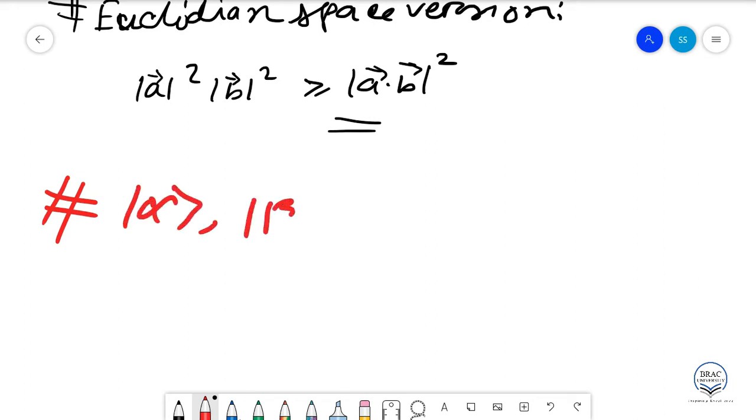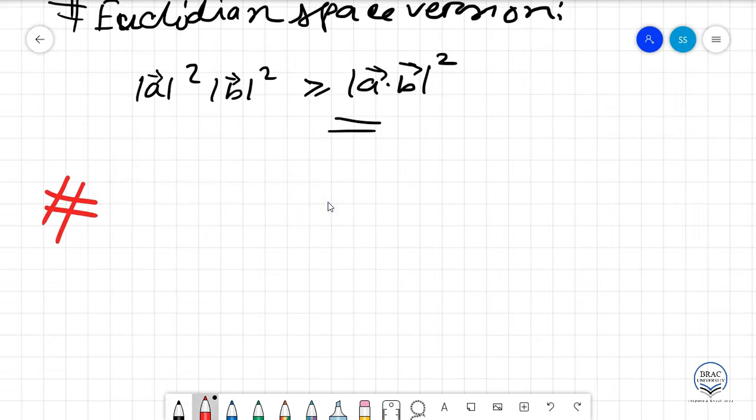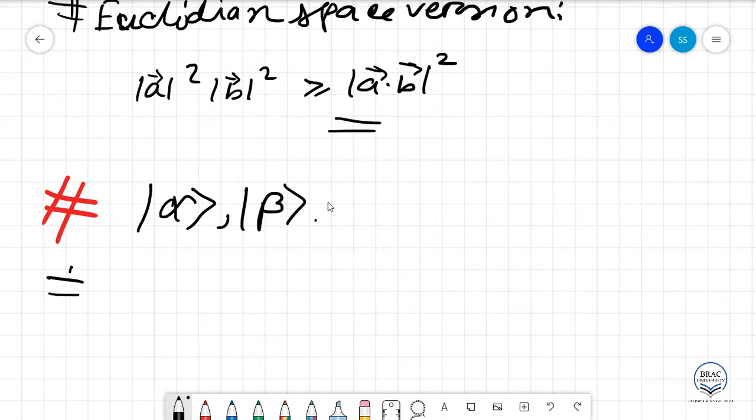One is alpha, another one is beta, and we are not demanding anything special. That is, we are not saying alpha and beta are orthogonal or orthonormal or bases. These are just two vectors in the same vector space, two arbitrary vectors, and we want to prove that